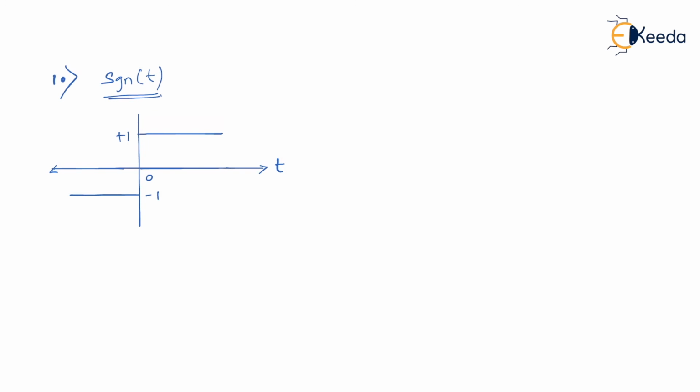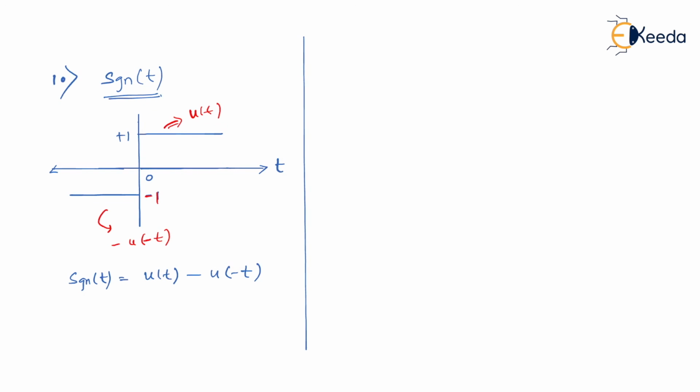So even here I can express my signum function in terms of step signals. See how by observation I understand this is your u of t. By observation I understand that this is minus of u of minus t. I hope you understood this is minus of u of minus t. Since there is negative over here, we have -1 amplitude here. Since there is minus t, it is time inversion that is present at the left hand side. So signum of t is a combination of these two signals. Finally I can write signum of t is u of t minus of u of minus t. I hope you got the point.